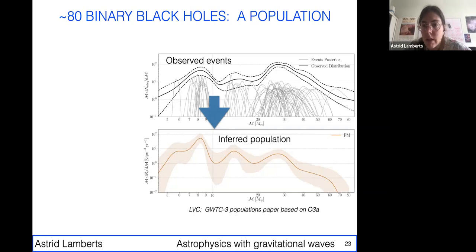And you see that we seem to have a lot of mergers around 8, 9 solar masses, and then maybe a gap. And then we seem to have a pileup of events around 25, 30 solar masses. So this is what we observe. Obviously, our detectors have biases, and more massive objects are easier to detect because they have a stronger amplitude, so we can see them further out.